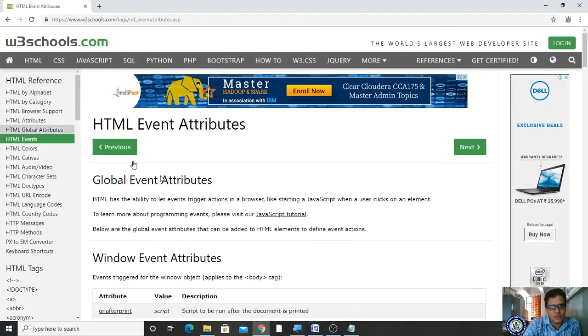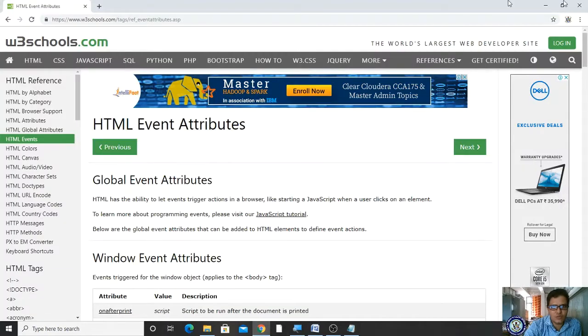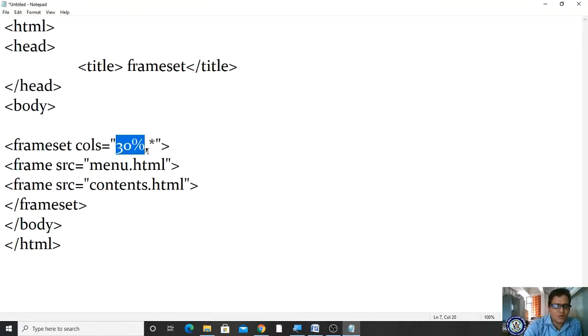Clear? Now let me take cols. I am specifying that the first portion should occupy 30%. If I treat this web page as 100%, the first column takes 30% and the rest is supposed to be 70%.